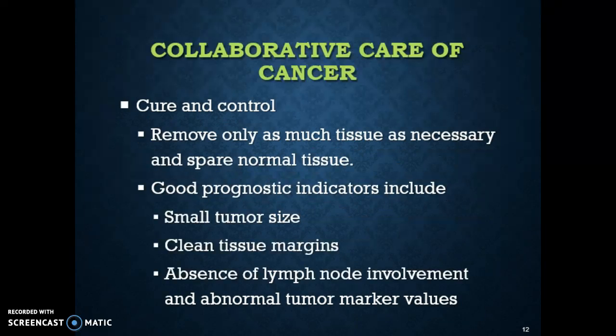In terms of cure and control, they usually like to remove only as much tissue as necessary during surgery and to spare the normal tissue. Again, if there's a smaller tumor size, and as I said earlier, clean tissue margins, meaning a rather large area of good tissue around the tumor, they also take out at the time of surgery. And then they'll often take lymph nodes in the areas where cancer is, just to see if there is cancer found in a lymph node. Then that may mean treatment